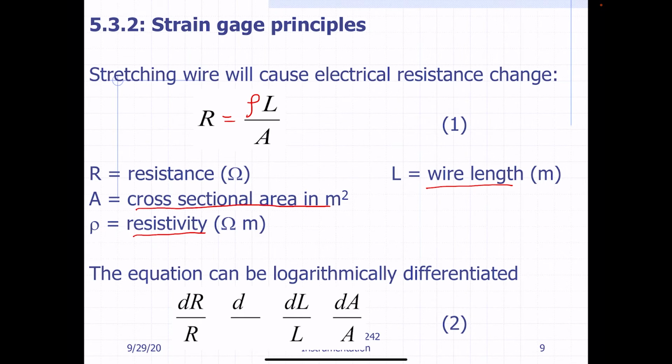Equation 1 can be differentiated logarithmically, where dR over R is equal to d rho over rho plus dL over L minus dA over A. So we can see here the change in resistance depends on the change of resistivity, plus the change of length, which is strain, and minus the change of